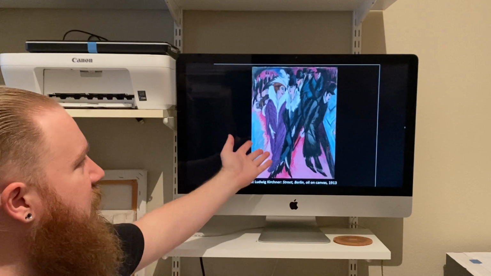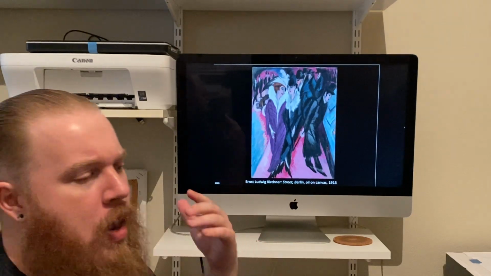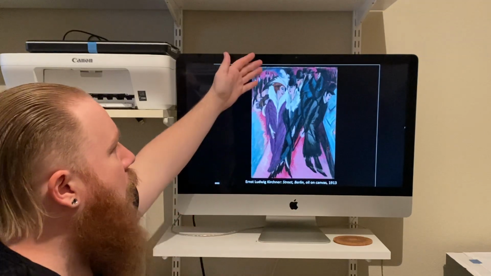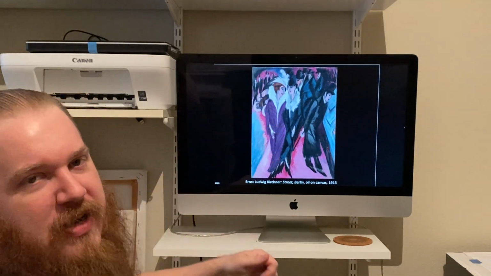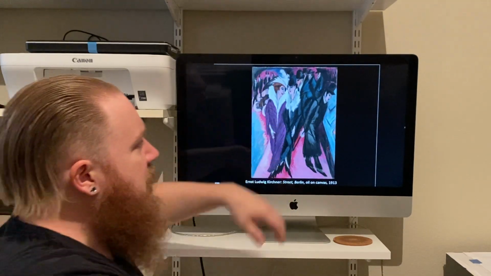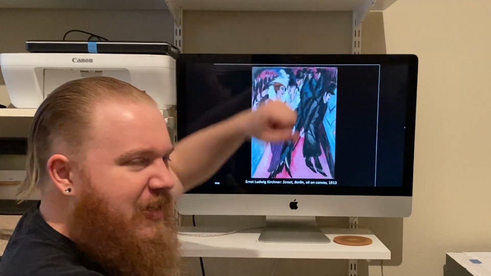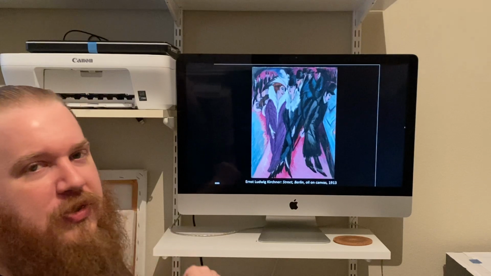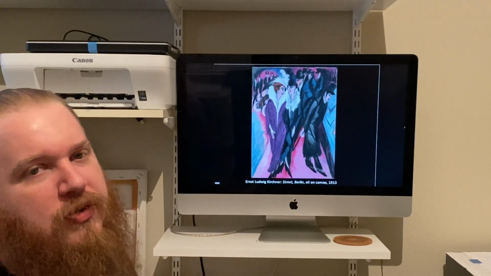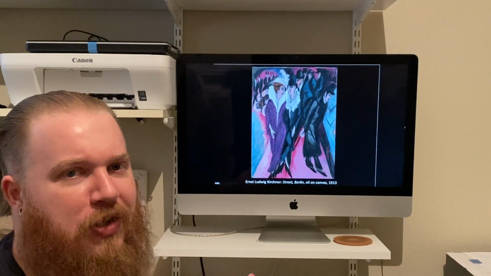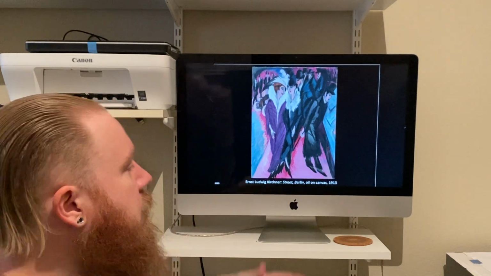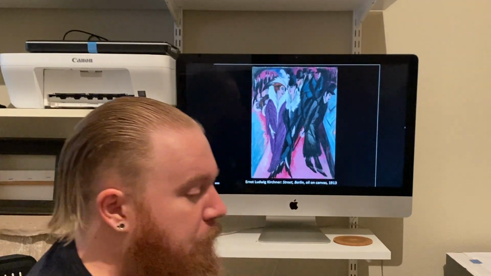But we also see this aesthetic coming out of Oceanic and African masks, especially in how the features of the human face are represented. So we see this general elongation and exaggeration of the form, especially within the facial features, which are very indicative of those African and Polynesian masks and depictions of the human form. So very common depiction there.